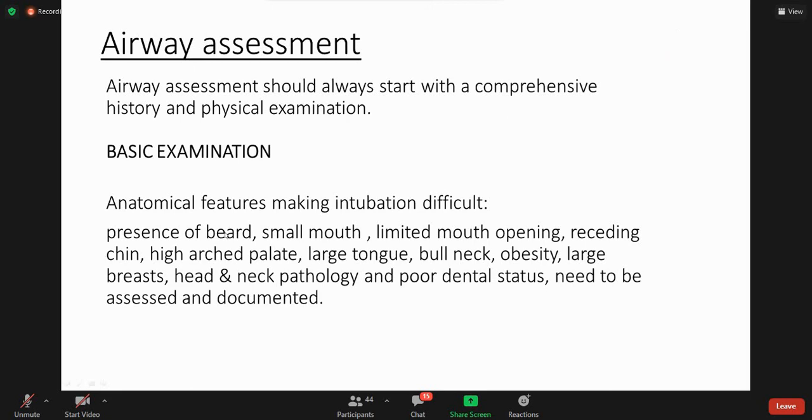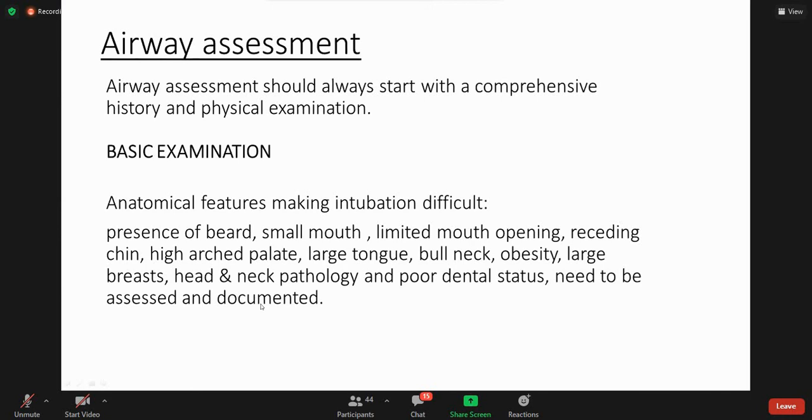So basically हमने इसमें सारी चीजें ये कवर की कि आपने प्रेजेंस ऑफ बियर्ड देखनी है, स्मॉल माउथ, लिमिटेड माउथ ओपनिंग, रिसीडिंग चिन। अगर पेशेंट की चिन आगे की तरफ रिसीड कर रही है, he will be having difficulty in ventilation and intubation as well. High arched palate, large tongue, bull neck यानी कि जिनके neck circumference ज्यादा होता है, obesity, large breast।